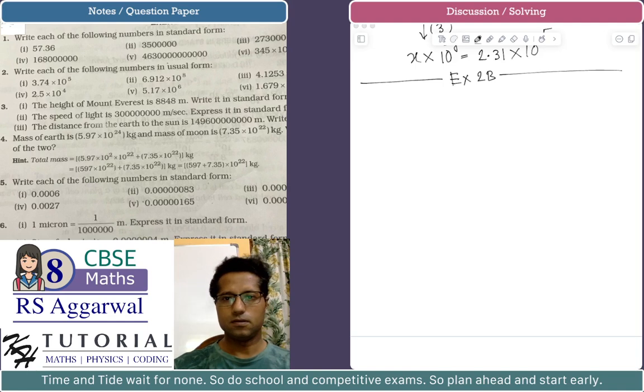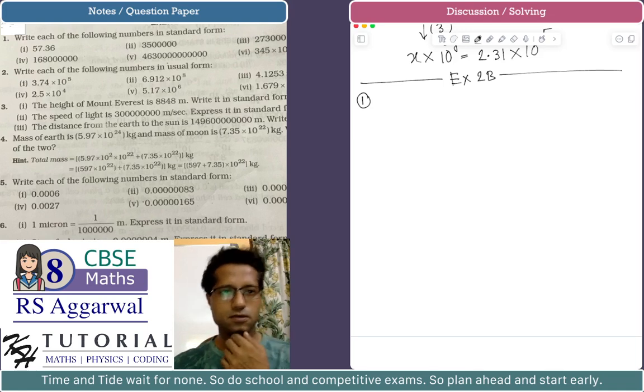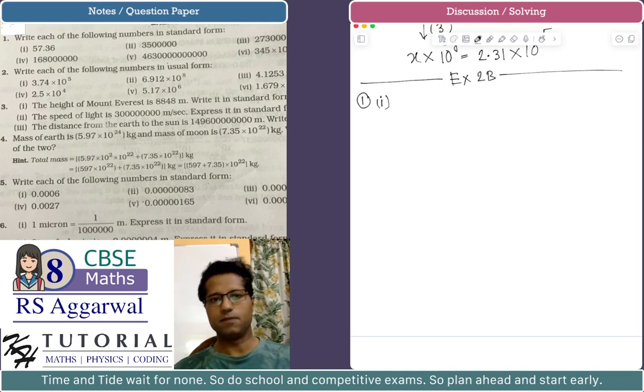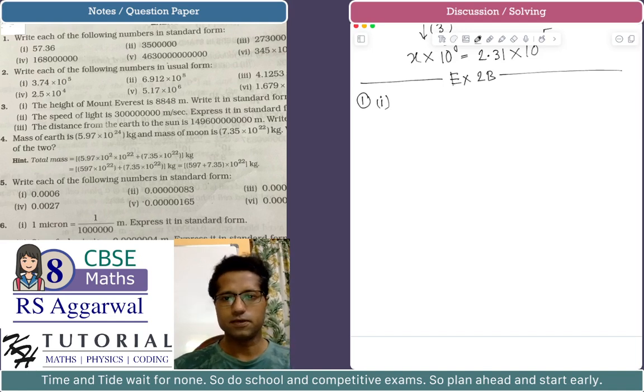I will read it. Problem number 1 has 6 parts. It says write each of the following numbers in standard form. Okay, so some numbers are given. Some might be very large numbers and some might be very small numbers. We have to convert each of them to the standard form. The first one is